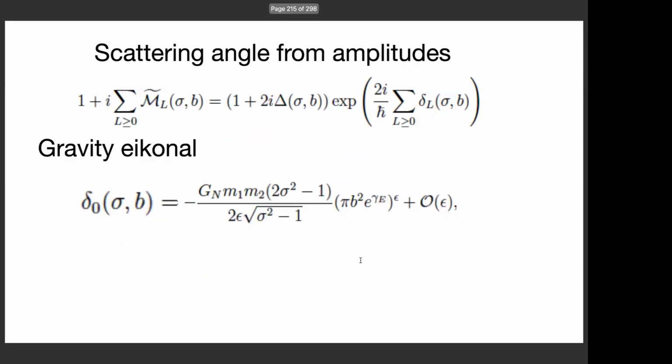And in fact, this can be put to use in reconstructing the gravity eikonal in B space. So if you write the amplitude as 1 plus the transition element, we get this exponentiated formula as follows, where we have the various phase shifts delta L for the various loop orders organized in an exponential expansion, and the exponential will exactly make sure that the iterations are